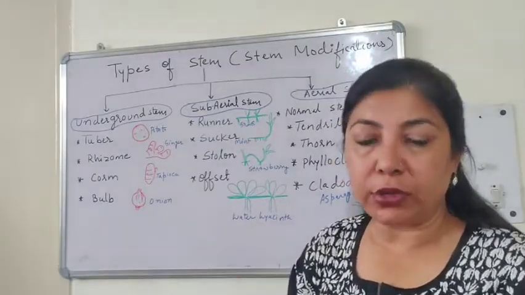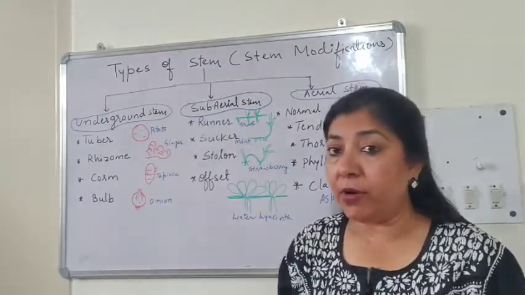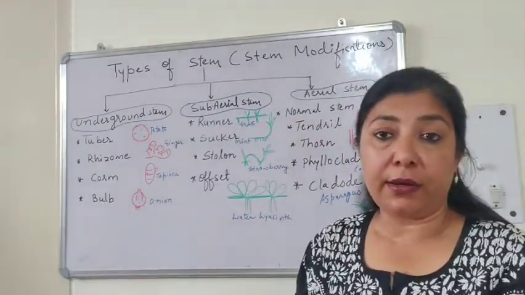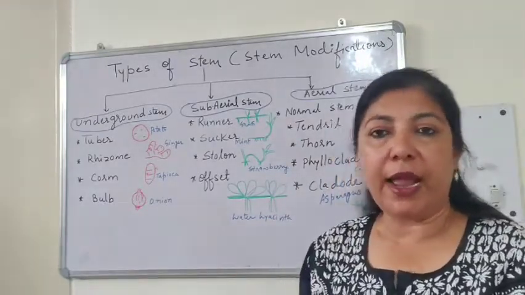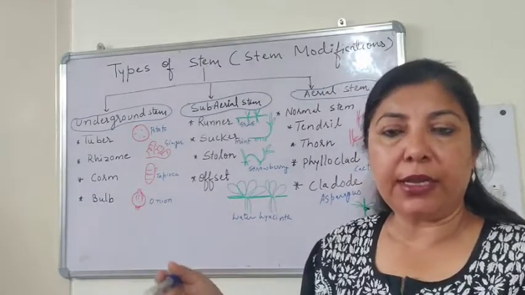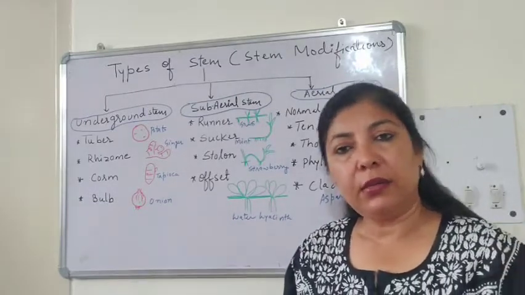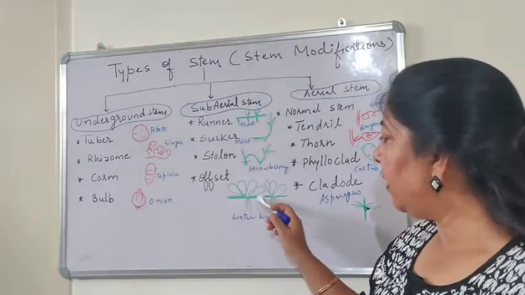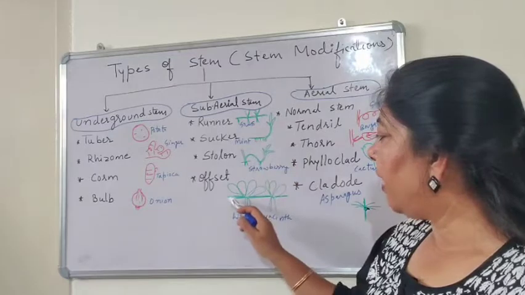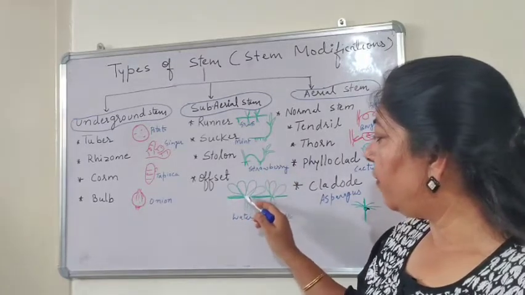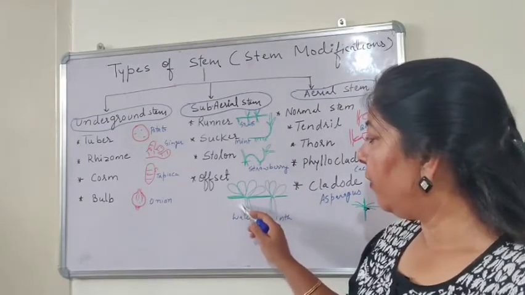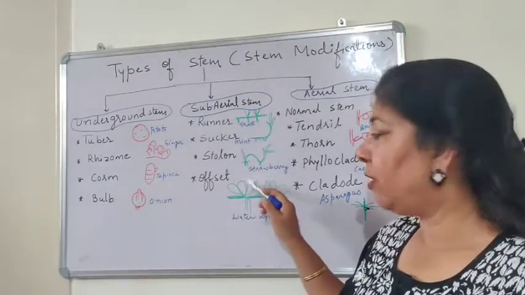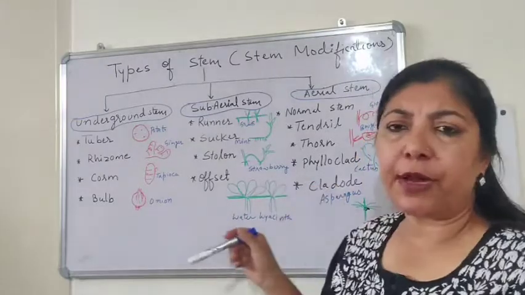Next is offshoot. Offshoot I also don't have because it's a water plant. It's just like a runner. The runner of aquatic plants, in aquatic condition, is called the offset. For example, in case of water hyacinth, just like the grass, it will have a stem at the point of the touch with the water. It will develop the root down and the foliage on the upper side, and it grows very fast.